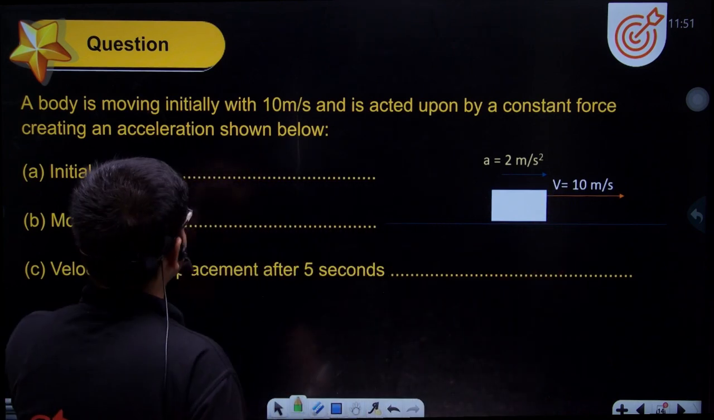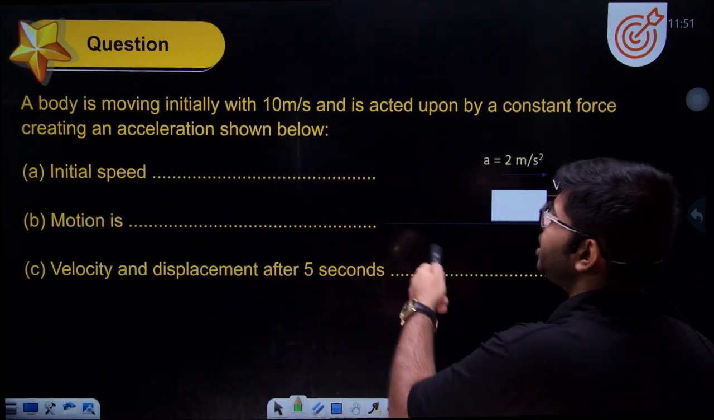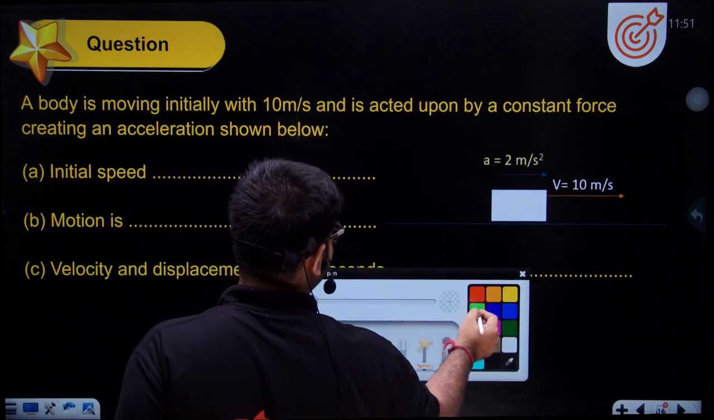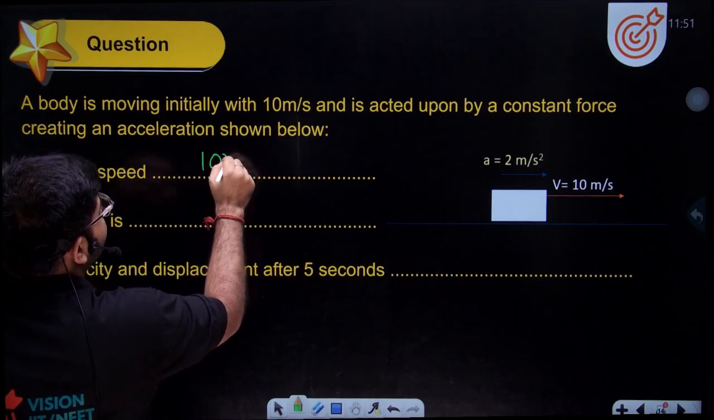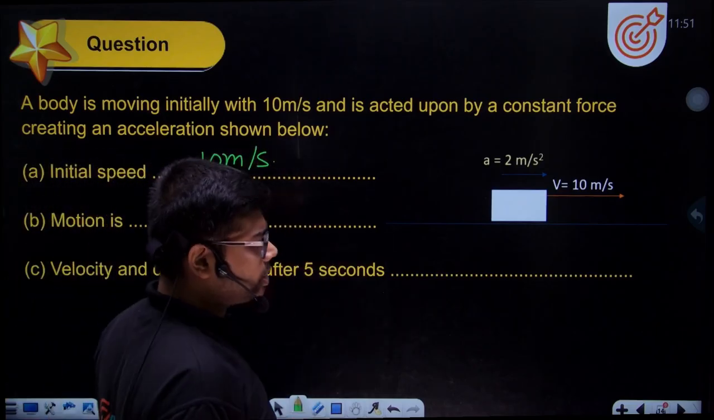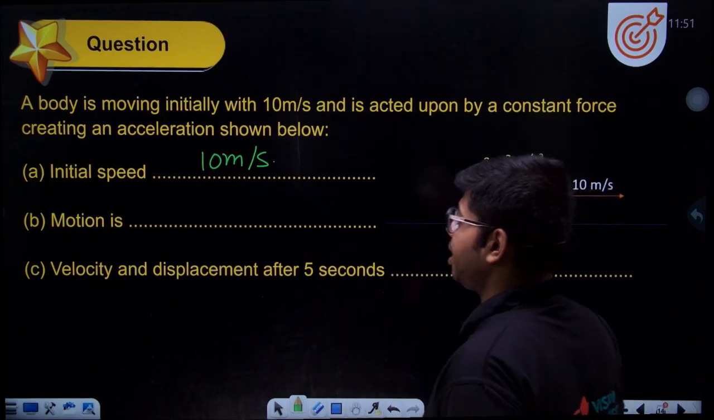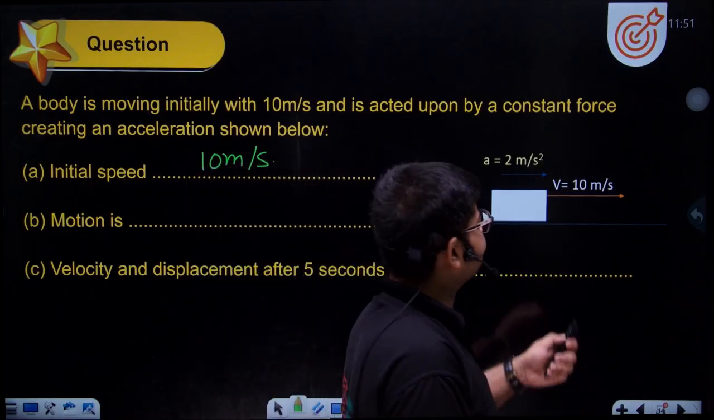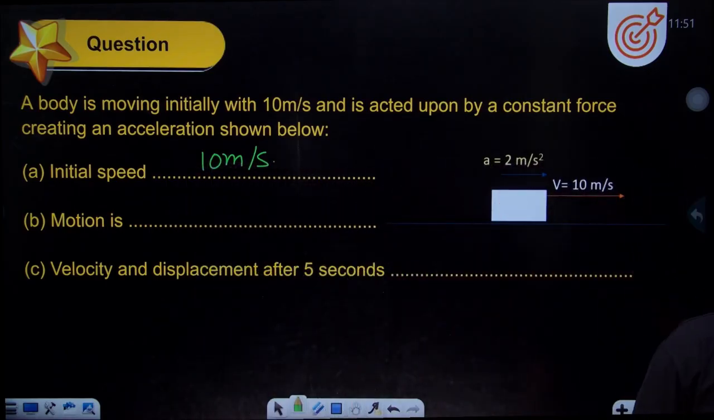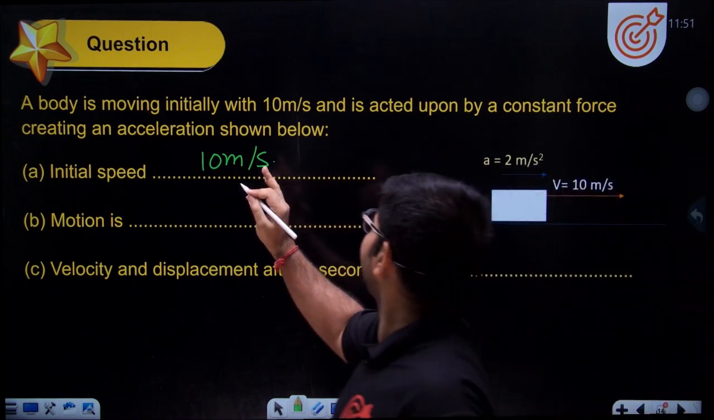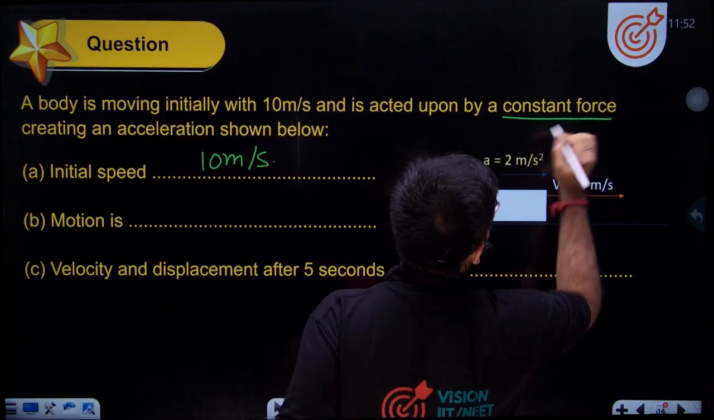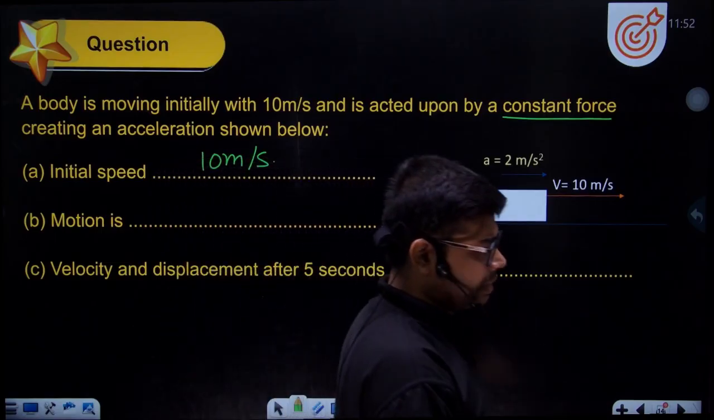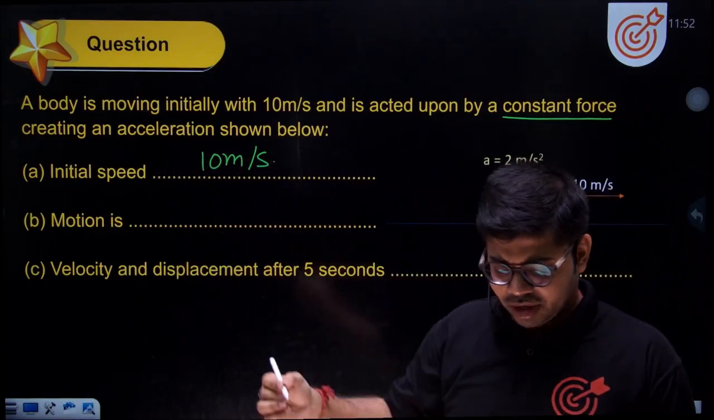Initial speed they are asking. So initial speed has been given to you only. Initially it is 10 meter per second. So this you can directly write to be 10 meter per second. This is the initial speed. Now obviously the motion is uniformly accelerated motion, because you see acceleration is constant here. A constant force is being applied. So remember that whenever a constant force is applied, your acceleration value is always going to be constant. Say for example, in case I drop this pen,